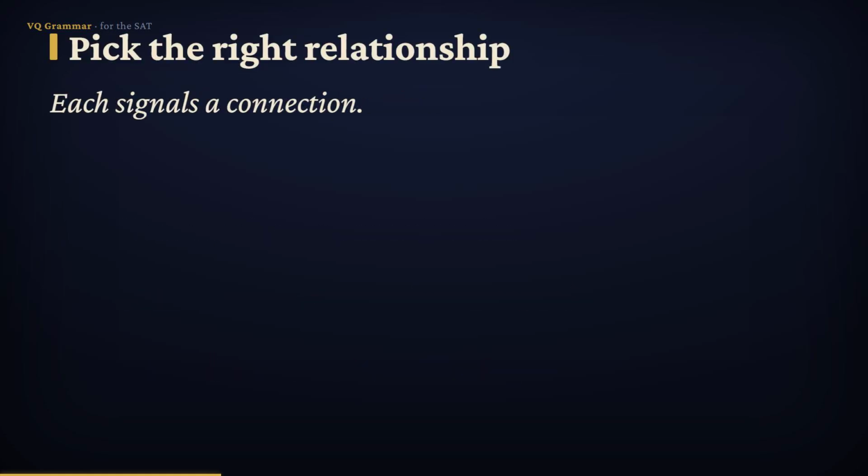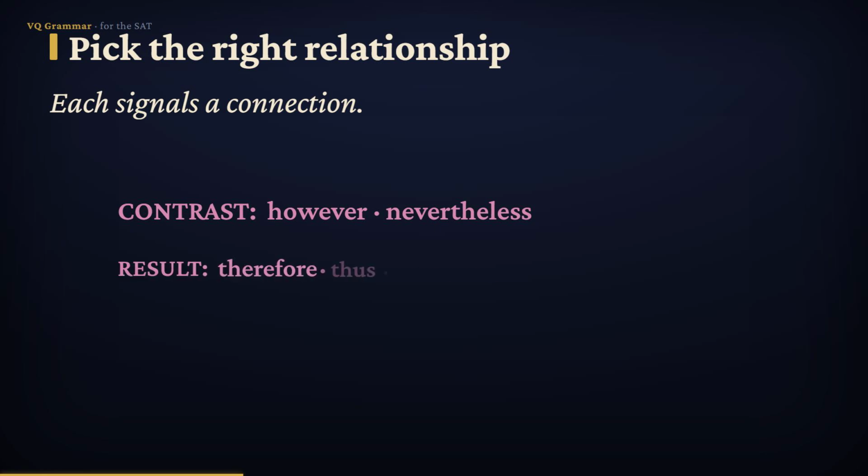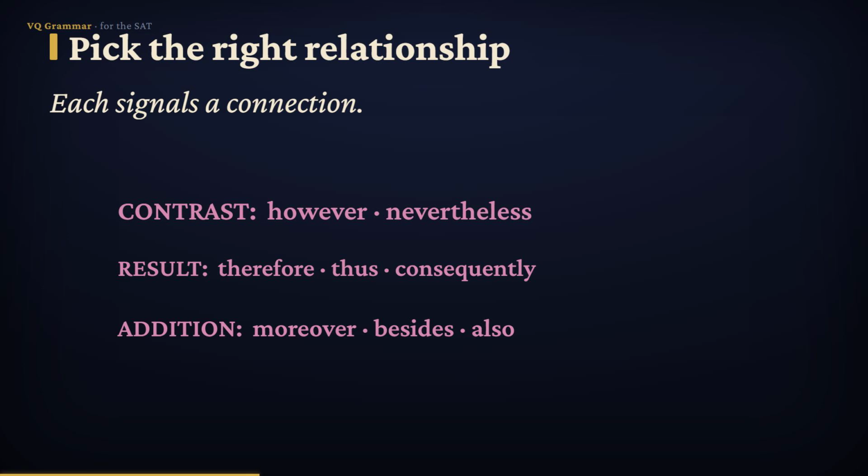Like other connectors, conjunctive adverbs come in flavors, each showing a different relationship. For contrast, use however or nevertheless. For result, therefore, thus, or consequently. For addition, moreover, besides, or also. And for time, then, or meanwhile. Choosing the right one is the whole game. The word you pick tells the reader exactly how the two ideas connect, whether the second one contrasts, results, adds,